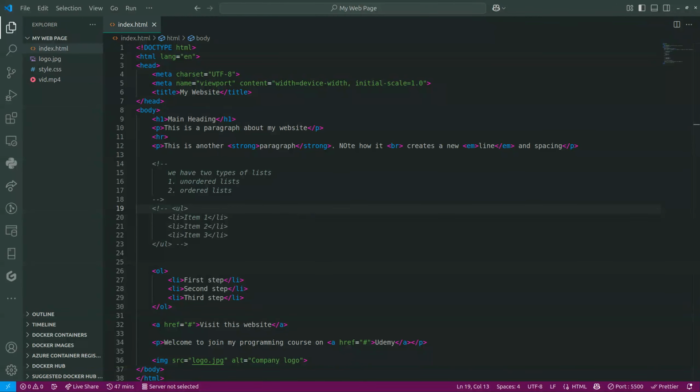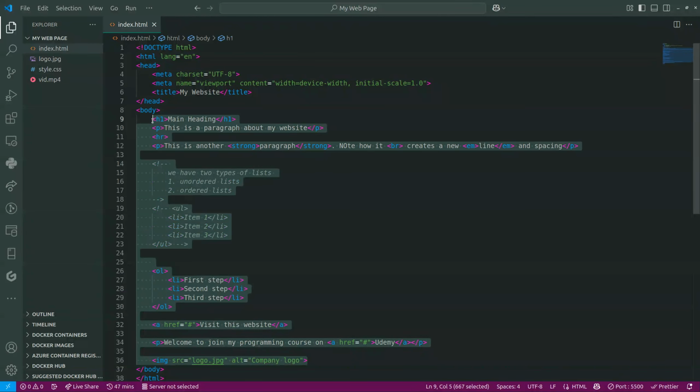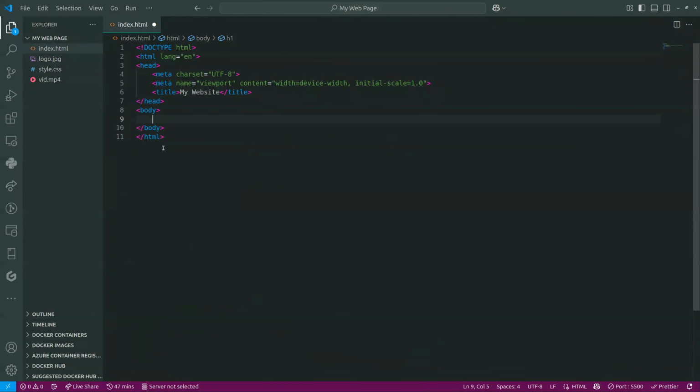Now, there are a number of things that I want us to do at this point. I believe we have enough knowledge for us to create a simple or basic website or web page. What I'm going to do in this case is just delete everything that we've written here. I have been following, but again, I'm sure you've been coding along, so you should be fine. So I want us to now use everything that we've learned up to this point to build a simple web